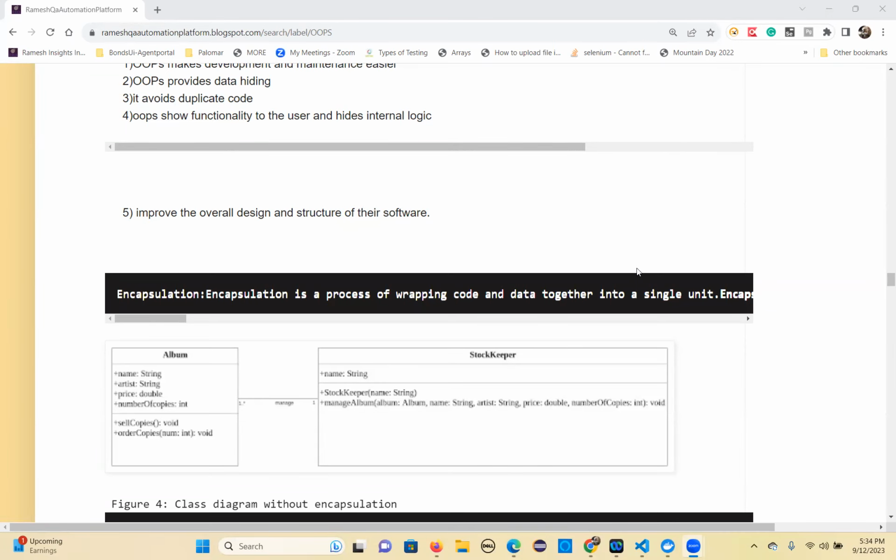The first OOPS concept is encapsulation. Encapsulation basically means wrapping or binding the data and code as a single unit. So encapsulation,